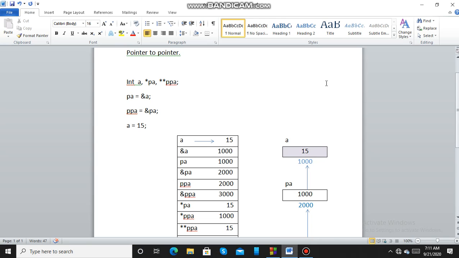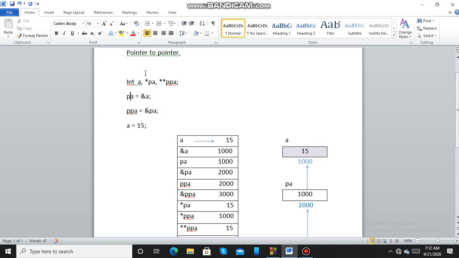In this session, we are going to discuss pointer to pointer. As we know, pointer is a special type of variable which can store address of another variable. Normally, pointer contains address of variable, but we can also store address of pointer inside another pointer variable. Such a variable that is capable of pointing to a pointer is called pointer to pointer or double pointer. Now we will go through an example.